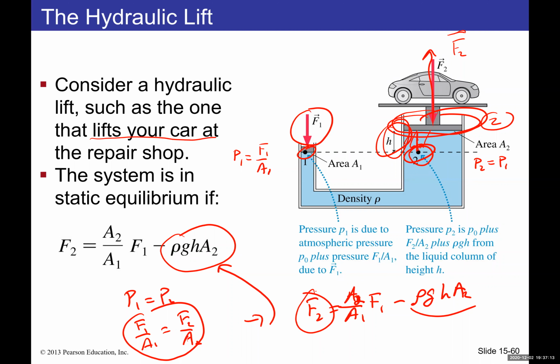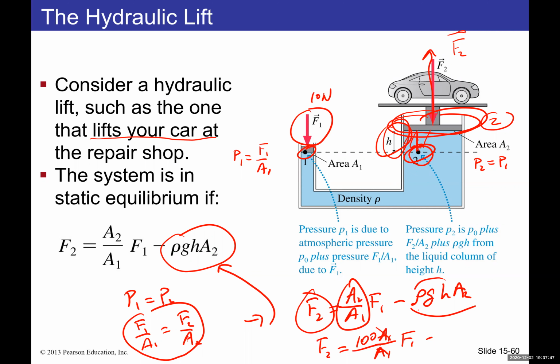And a lot of times that output force can be greatly modified if we change the area 2 compared to area 1. If area 2 is much larger than area 1, then, for example, let's say area 2 is 100 times greater than area 1. So F2 equals 100 times area 1, divided by area 1, times force 1. So then F2 is equal to 100 times force 1. That means by applying, for example, 10 newtons here, you can get 1,000 newtons as an output,